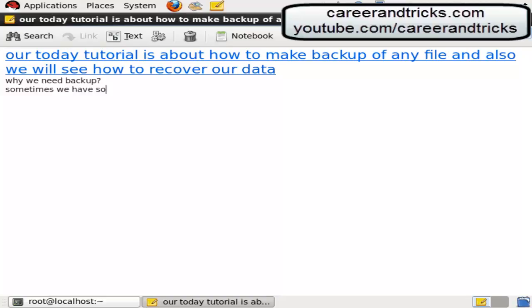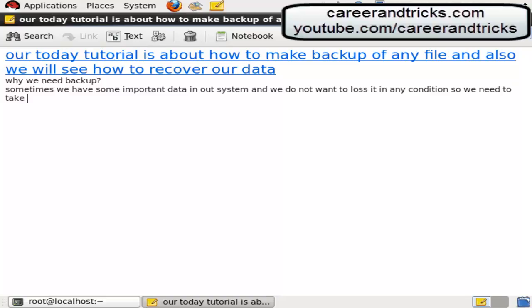Sometimes we have some important data in our system, and we do not want to lose it under any condition, so we need to take a backup of it. Steps to take a backup.